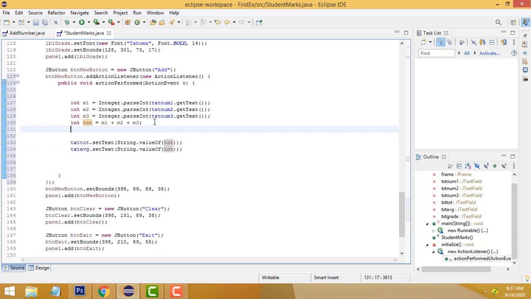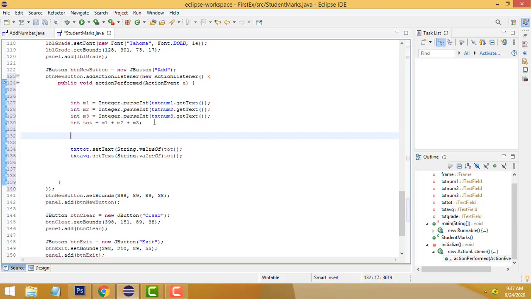How to calculate the average? We have to write dot int rather than the dot. We have to calculate the average, so instead of int, we have to change it to double or float. That should be better, right? Float or double, I just put it as a double. Average equals total divide by 3. How many subjects are there? 3. So divide by 3. So here we write double, Control C the average, and put it here. The same thing, Control C to copy, Control V to paste.